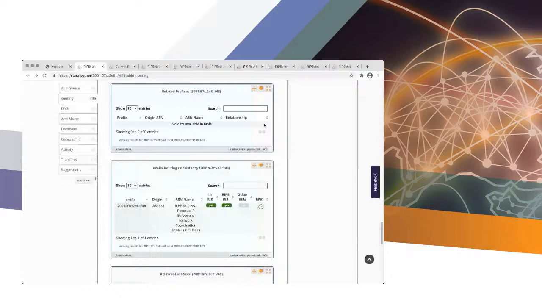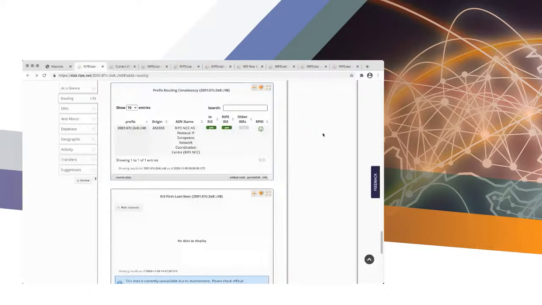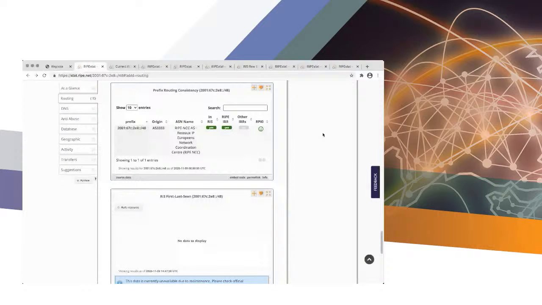Prefix routing consistency, another wonderful widget that shows you the information from different sources on the paths to that particular prefix and how much it matches between those different sources. We've got information from RIS, which is compared against information in Internet Routing Registries and from the RPKI. What are we looking at right now? This prefix is known to RIS, it's visible there,